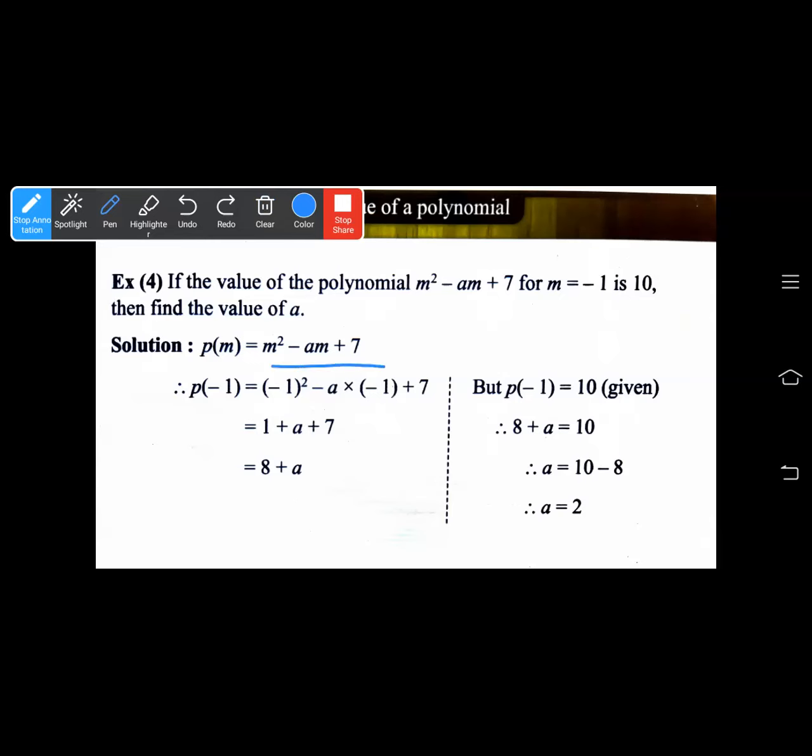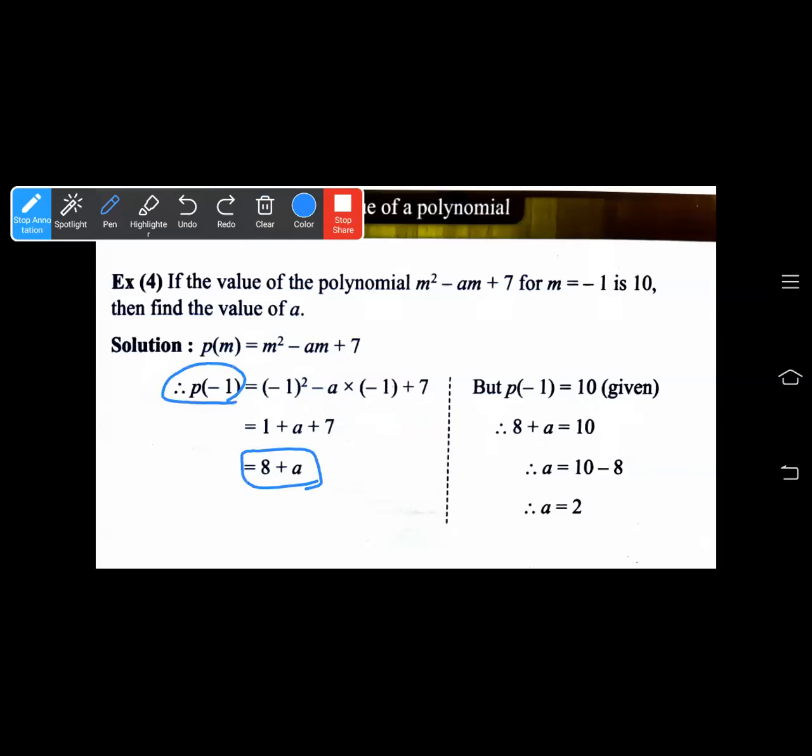So p of m is equal to m square minus am plus 7. So here you just have to write in the same way, p of -1 is equal to -1 square minus a, in place of a we don't have to write anything, as it is a, in place of m we have to write -1 plus 7. Then what you are getting, -1 square is equal to 1 minus a into minus a is plus a. Keep on solving, you will get the value of a plus 7. 1 plus 7 is 8. That means you have got 8 plus a